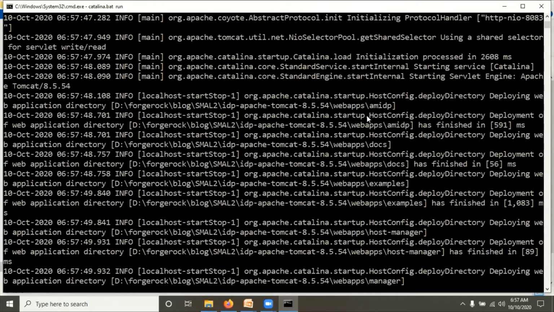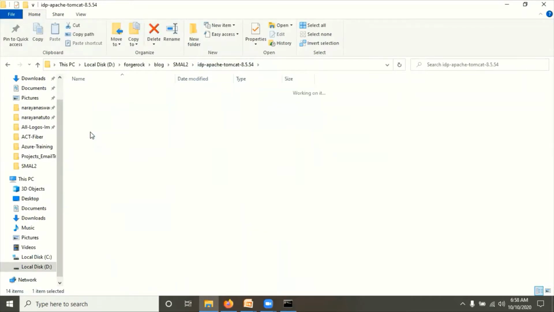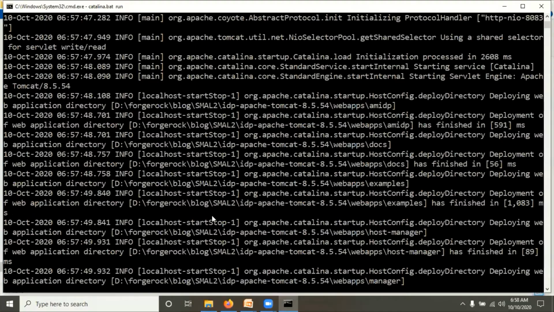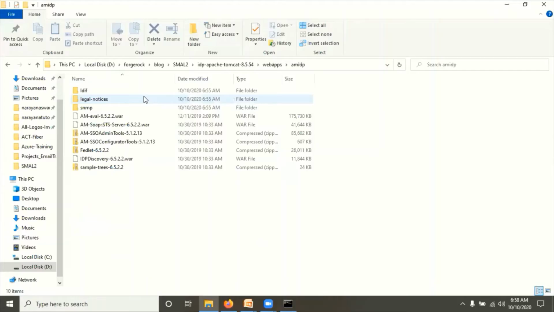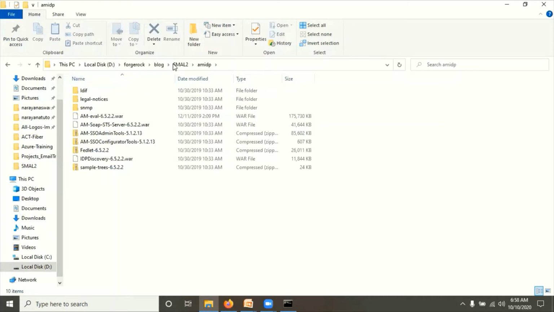Yeah, it's AMIDP. Okay, just a second. What is this AMIDP? Oh, sorry, this is what we have extracted. So stop the Tomcat. We have extracted the complete folder. Okay, remove from here. That folder has many things. Now go to AMIDP. So here a lot of things are there. We have to remove all those things. Just keep the